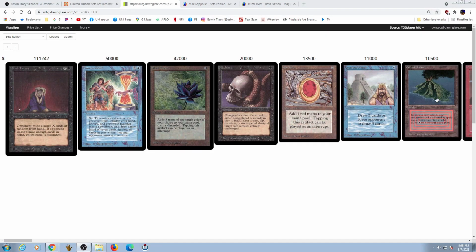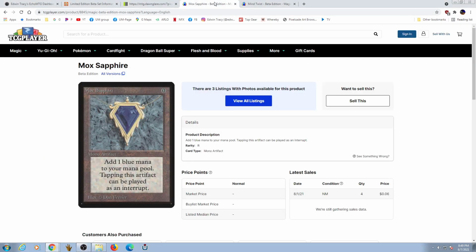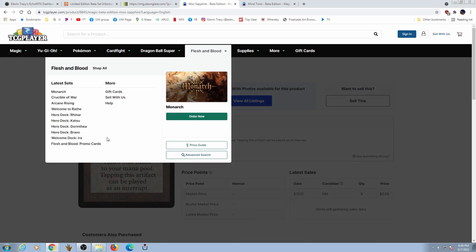So with a little bit more digging, I do have an answer for you. Here's what's going on. But first, I'd like to call out: it's a crash, everybody. Panic. Run into the streets. Wizards of the Coast has killed us all. This literally means you can call some of these cards, at least from one perspective, priceless, because some of them have no price listed, because you can't find it. The reason for all of this craziness comes back to TCG Player. Now, TCG Player...